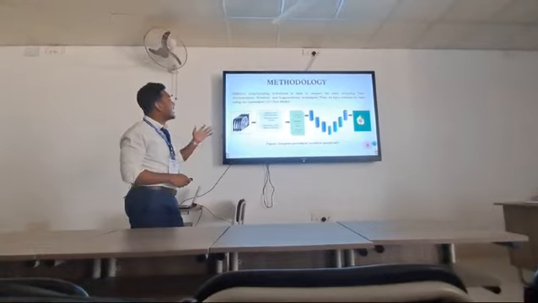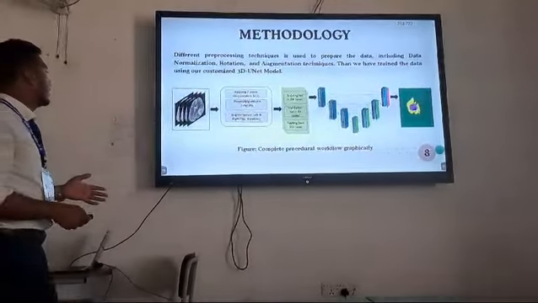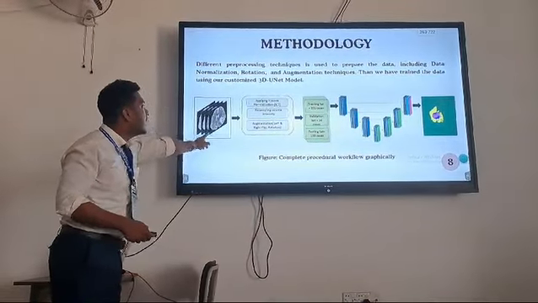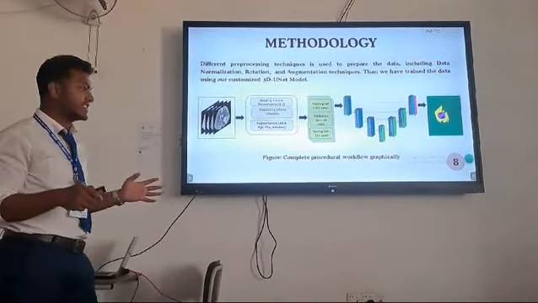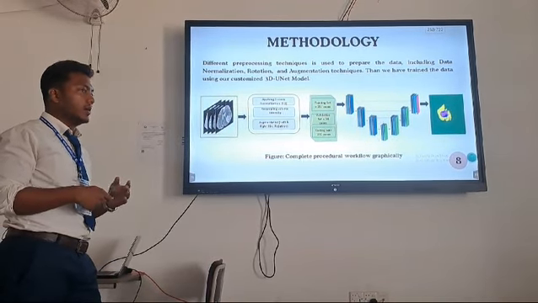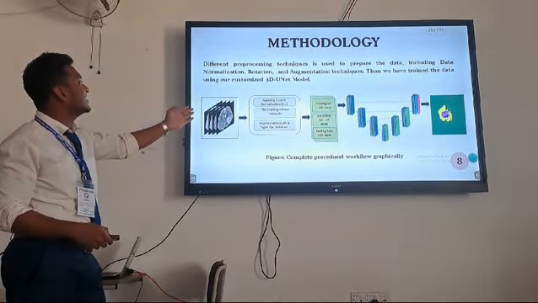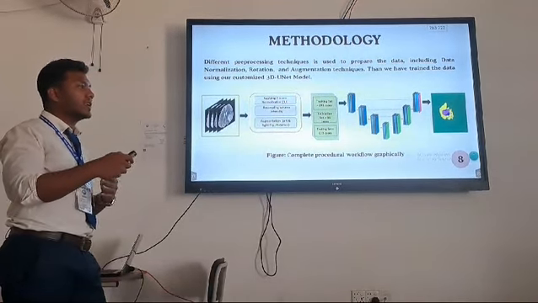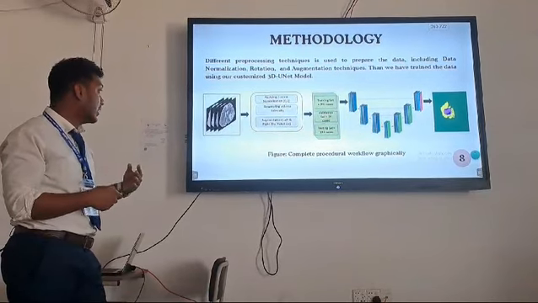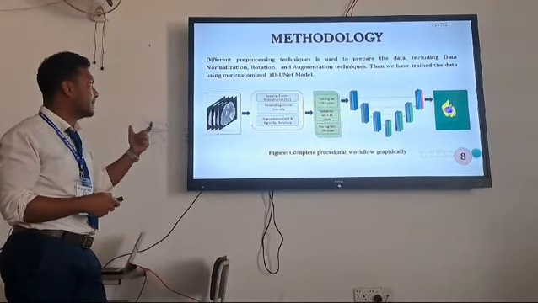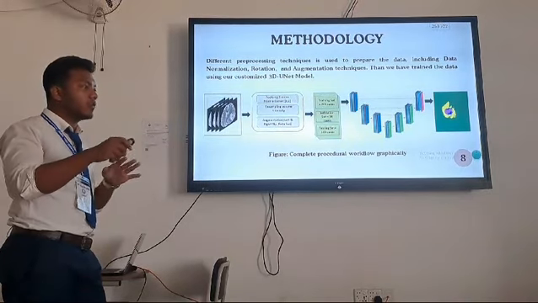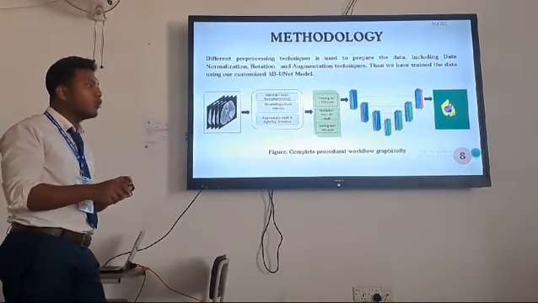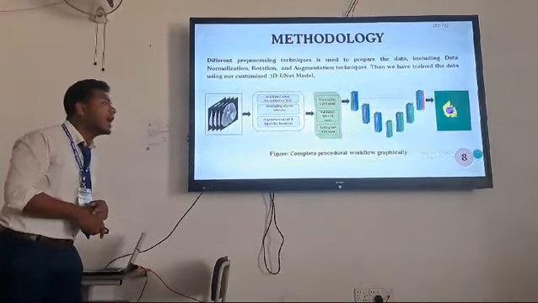So this is our research methodology. We feed the data into our machine as input. Then we pre-process the data because it was not in a nice format. We applied Z-score normalization and resampled the intensity of our data so that it can be understood easily by the machine. We also performed different augmentation techniques: we flipped the data, rotated it, zoomed in and out, and shrunk the data.